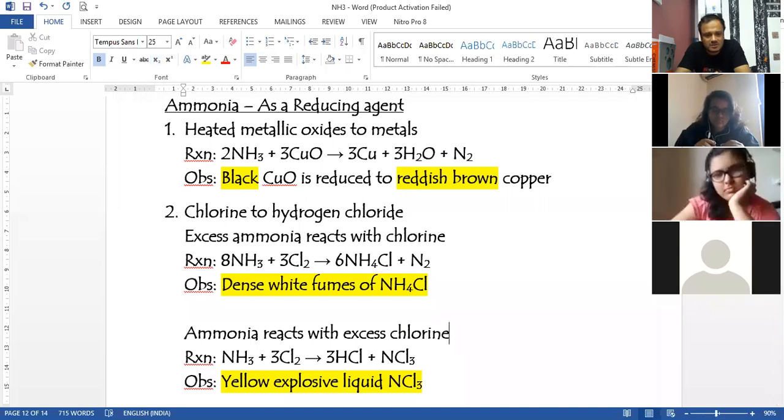So I'll just show you this video of copper oxide getting reduced to reddish brown copper. This reaction takes place inside a reducing tube. This is there in your textbook, right? It says two reactions taking place together in that reducing tube. In your textbook, the reaction has black colored copper oxide. Along with that, we have also taken PbO, that is lead oxide.